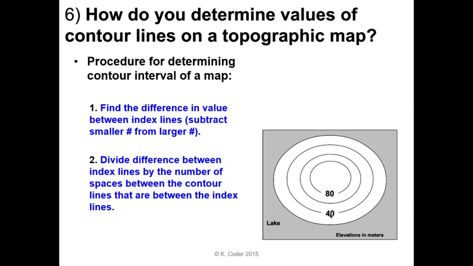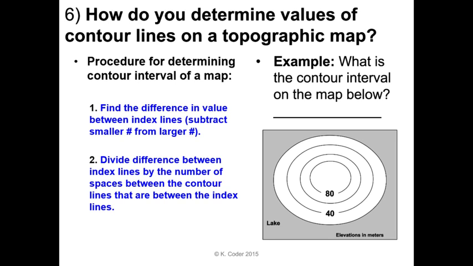So between 40 and 80, we see we have 1 space between 40 and this line here, and then we have another. So we have 2 spaces. When we take 80 minus 40, we have the value of 40. Now we're going to take that 40 meters and divide it by the number of spaces. So 40 meters divided by 2 is going to be 20